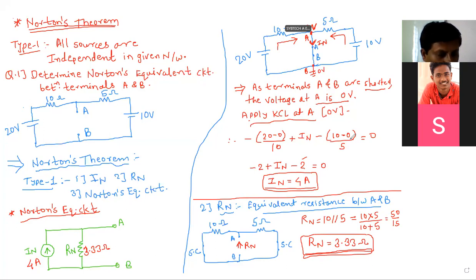Okay. Now look, we are using general KCL here, we are not using nodal. We use nodal when we are going to calculate the node voltage. The node voltage we already know: 0 volt is there because of the short circuit. So if it is 0 volt, then current obviously flows from 20 to 0. Which is greater, 20 or 0? 20. So current goes from 20 to 0, and from 10 to 0 here. So this is IN, this is outgoing, and since this is incoming, it is taken as negative.